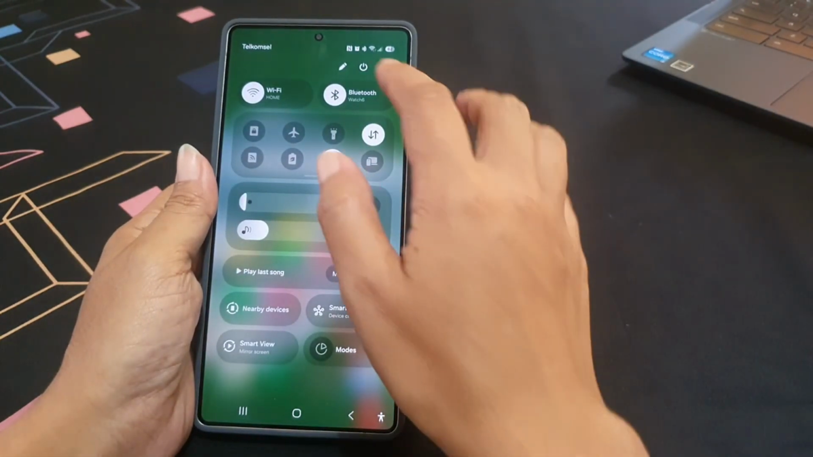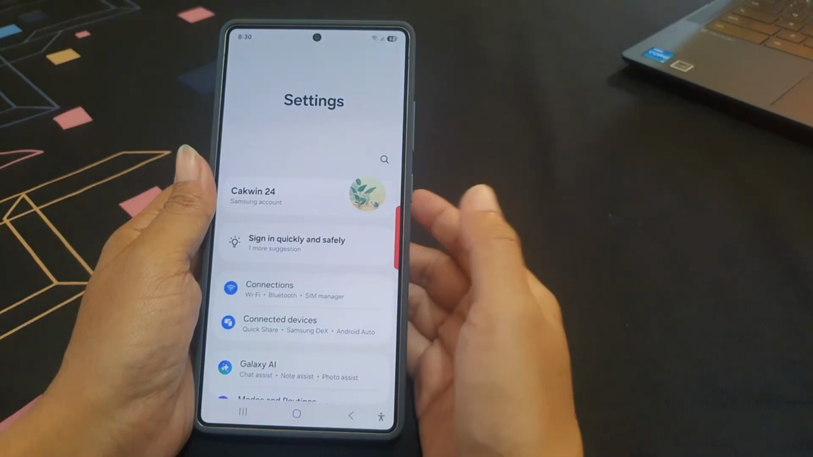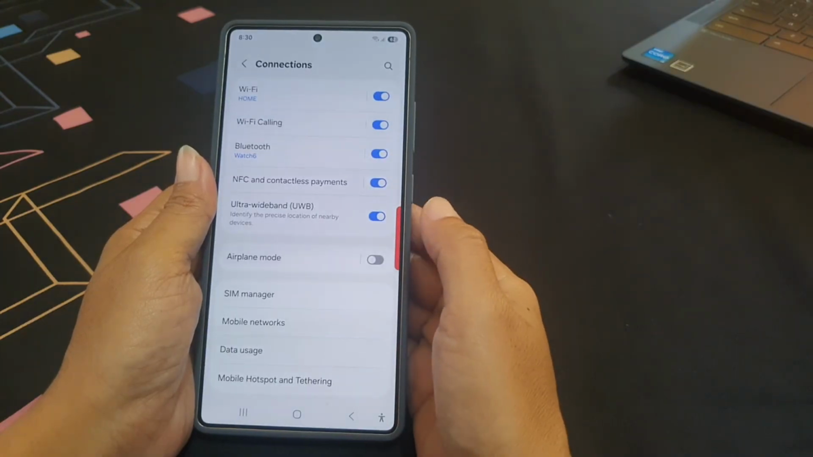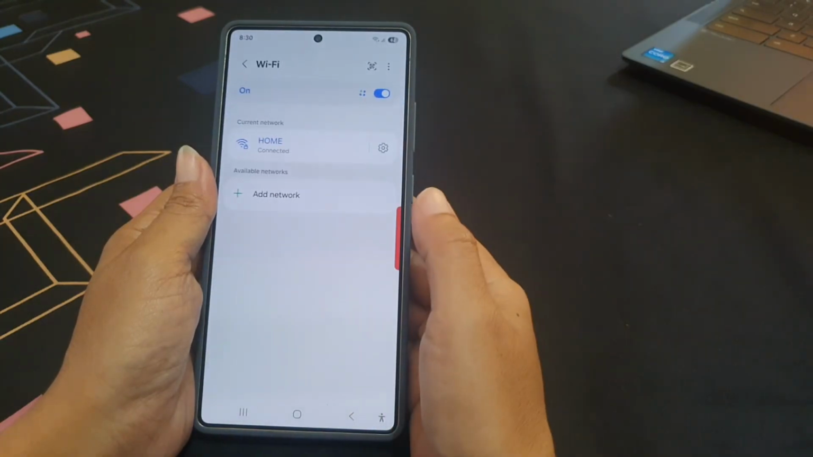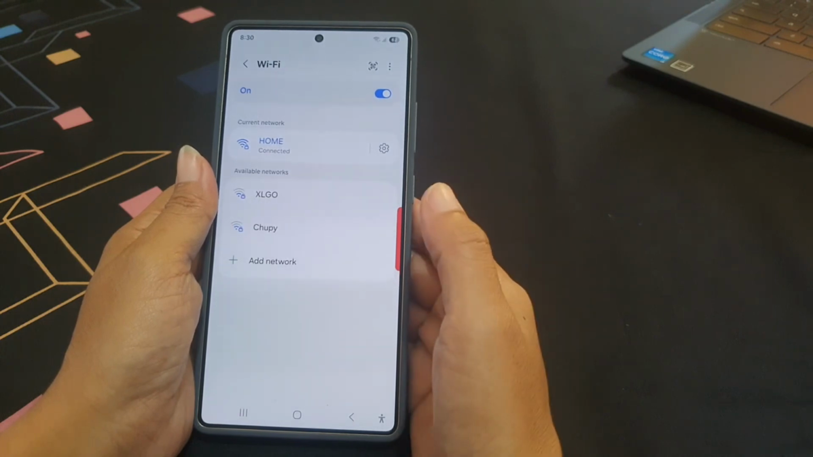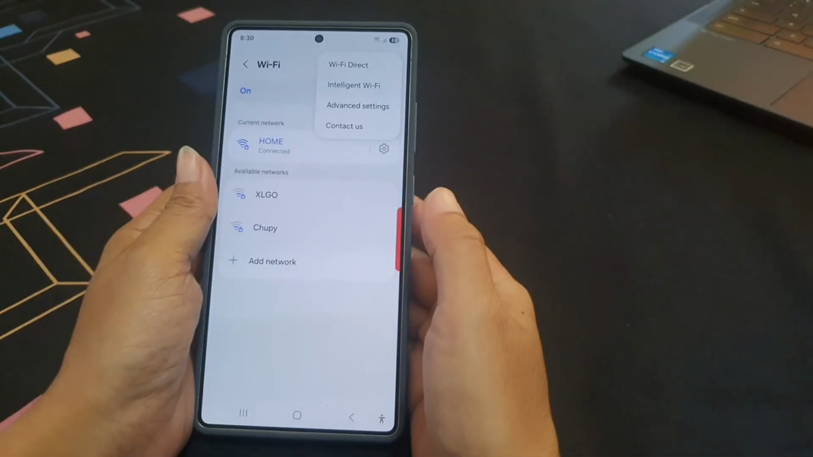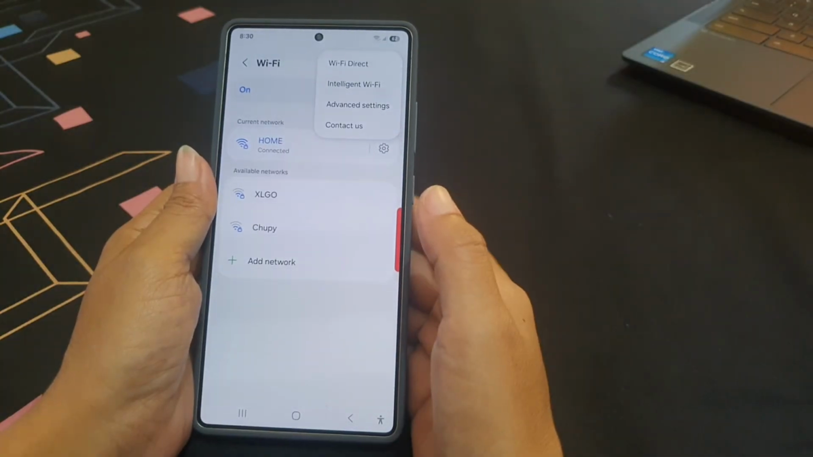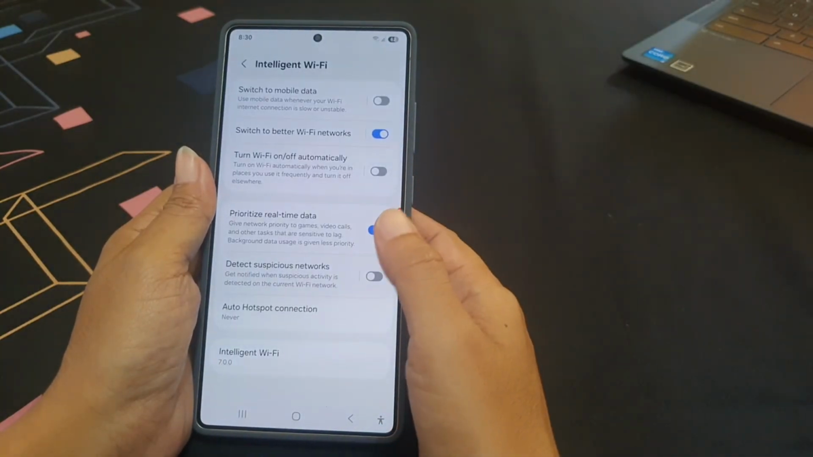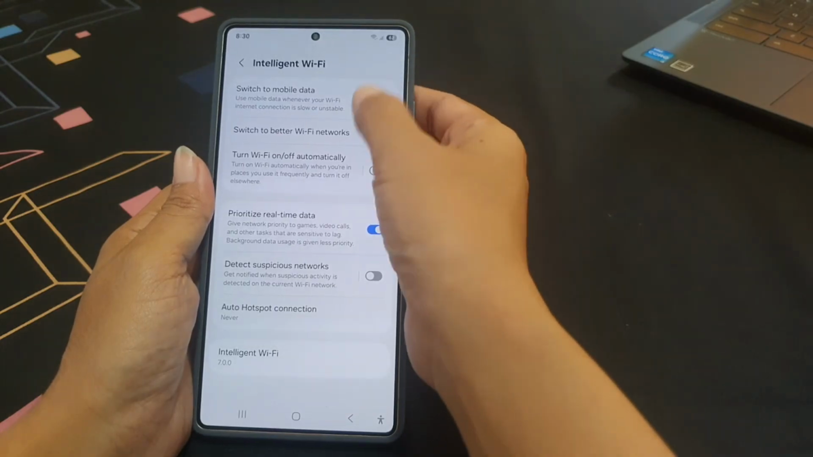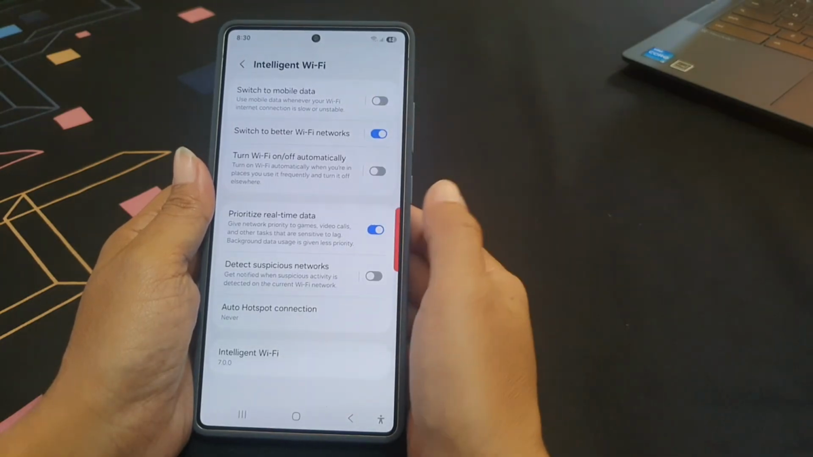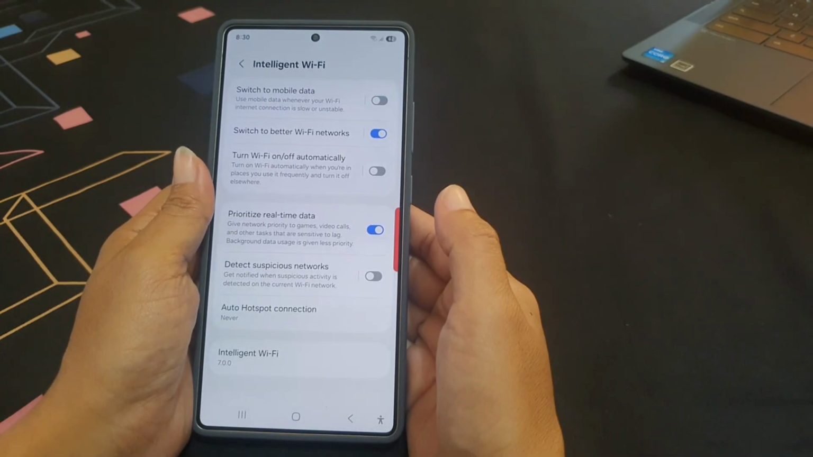and then tap settings icon, tap connection, tap Wi-Fi. Next, tap more icon or three vertical dot icon at the top right, and then tap intelligent Wi-Fi. Now tap the gray on off switch next to switch to mobile data until the switch turns blue to turn